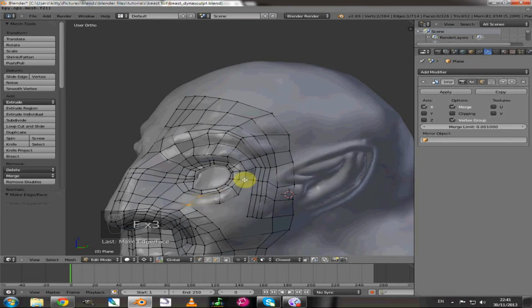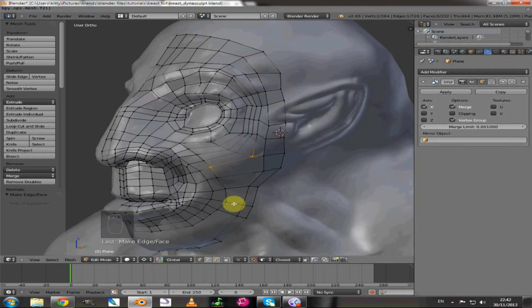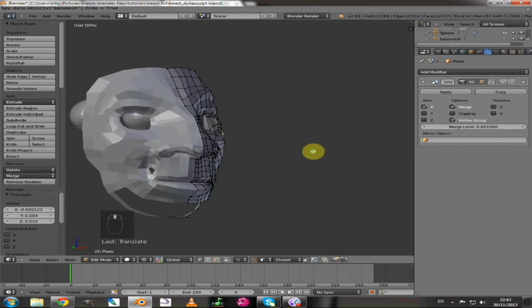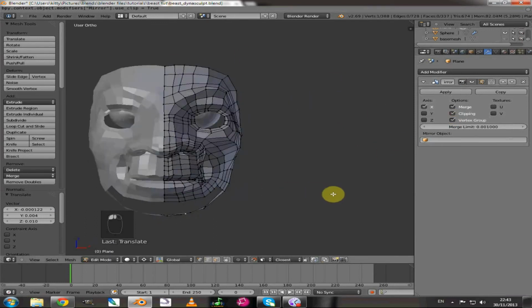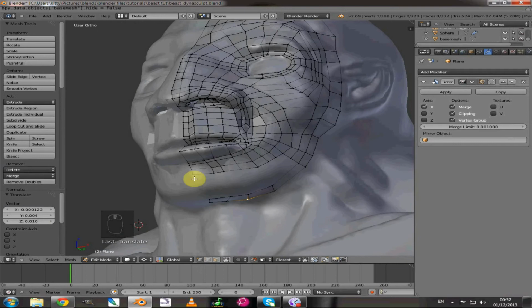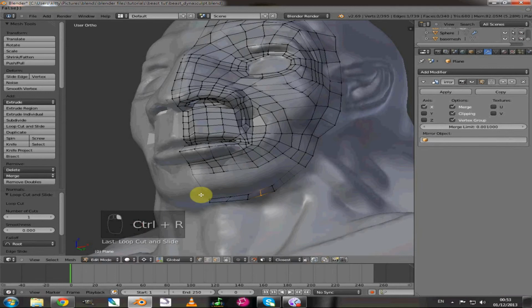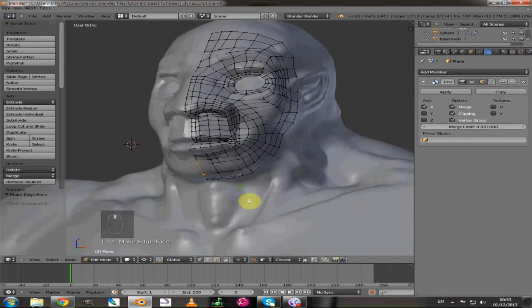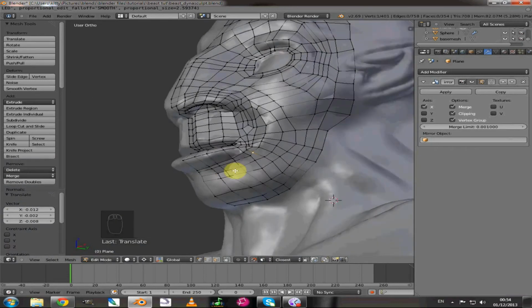I'm just coming back around the eye. I'm going to take those loops that we made earlier and connect them along the cheek like so, and that saves us having to add additional loops down the side of the face. We do have a pole on the cheek, but cheeks, they can handle that. It's only the one, so I'm happy with that. So we'll come down to the chin, add a couple of loops in the bottom here so everything matches up nicely, and then I'll use my F key just to rapidly fill all those faces,